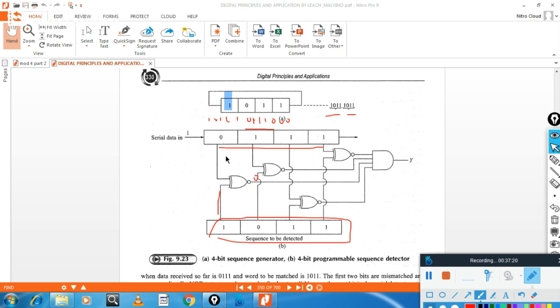When both bits are the same, suppose this is 1 and this is 1, the exclusive OR gate will give 0, and the exclusive NOR gate will give 1. That we want. When both bits are the same, the output of this exclusive NOR gate is 1, 1, 1, and the output of this AND gate is 1. That indicates both are the same. Sequence is detected.